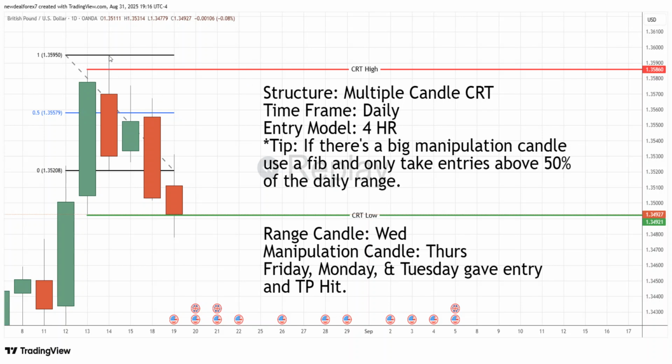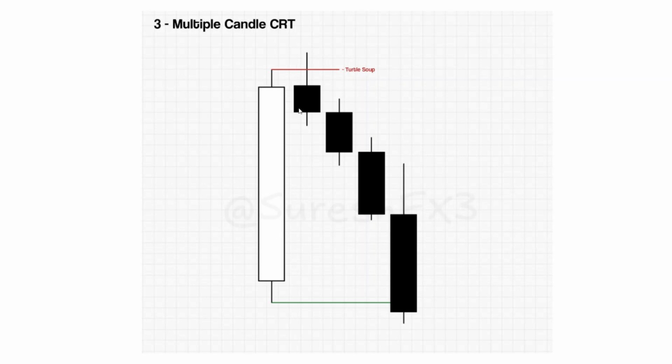if the manipulation candle or this right here, this candle too is long or it's a big one, remember we're not trading here. We let this play out. We want to wait for price to get above 50% of this candle's range. So let me go back to this example. This candle right here, let's say if this candle was much bigger, right? Using a fib,